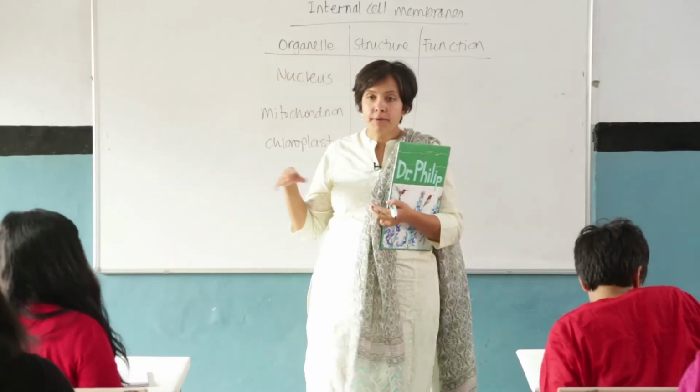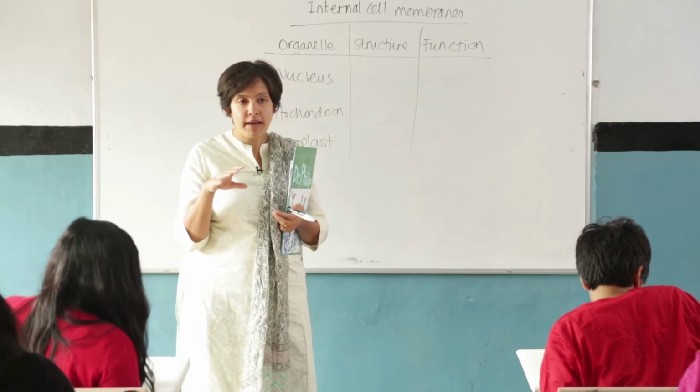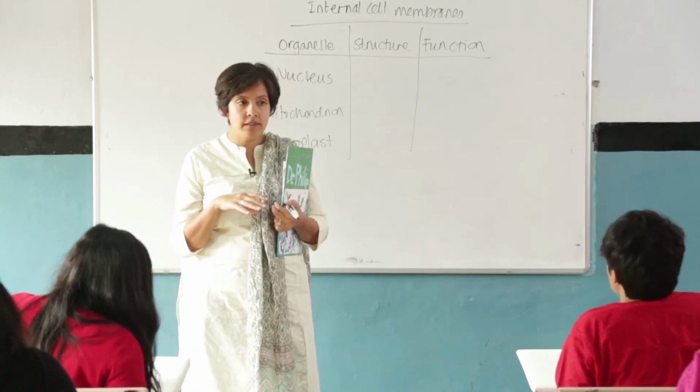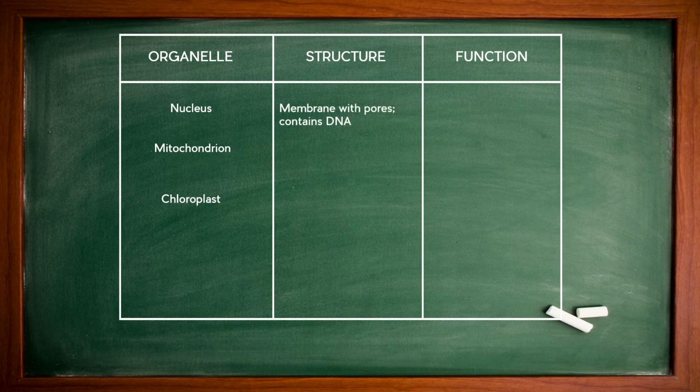Let's hear about how we can start building up a picture of these membrane-bound organelles in the cell. Arzu, what did you put in your notes for the structure of the nucleus? So it's an oval-shaped membrane with pores and DNA material inside it. Yeah, it's a membrane. It contains these pores called the nuclear pores, and inside we've got the genetic material or